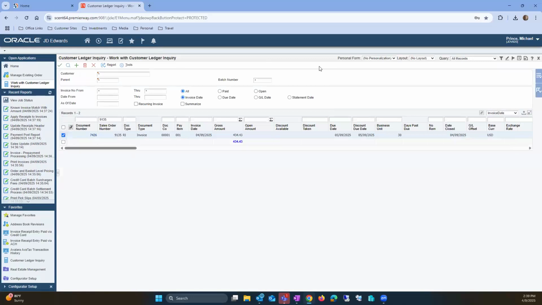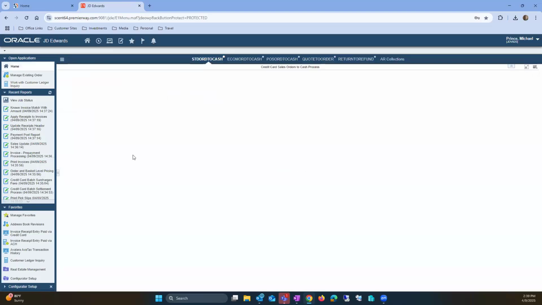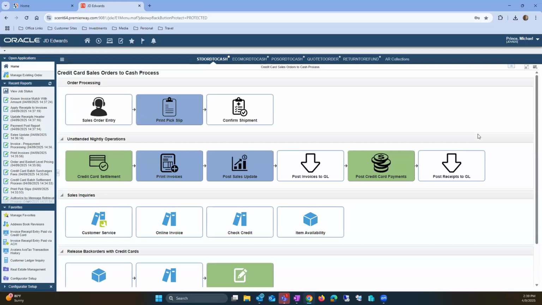And at no point did your CSR or sales personnel ever enter or hear the customer's credit card information, all of that being managed and pushed out to the customer, making sure that they did their part in the ordering process. So that's an order to cash process that we have as part of the solution in order to help automate those capabilities. But we've extended these features not only for the sales order process, but also within the